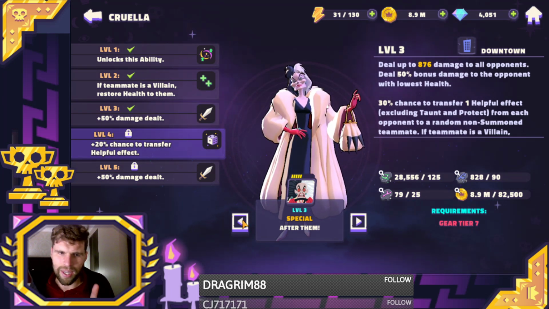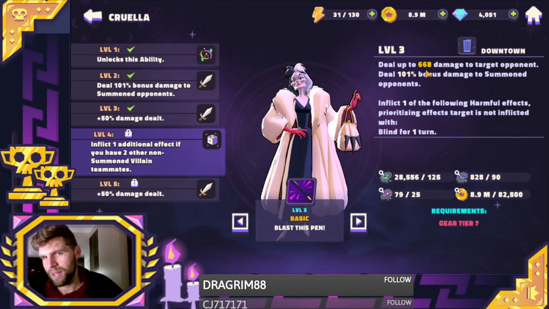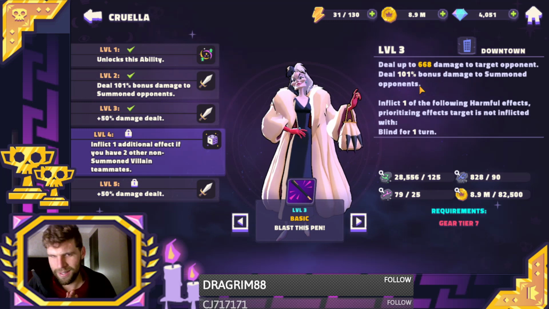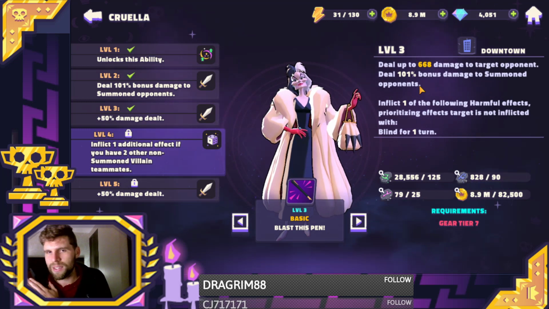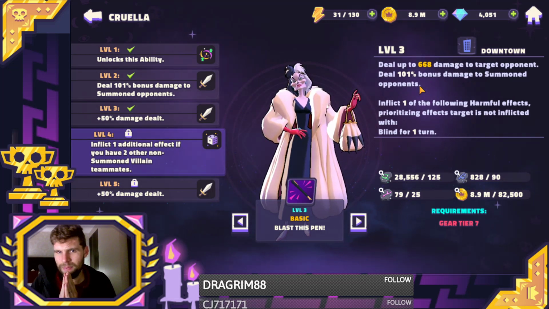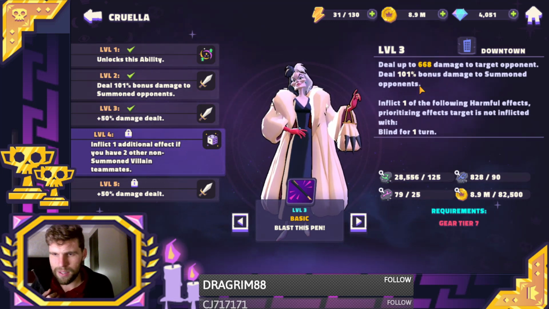But there is a hidden something in her kit, and that is back here with her basic. This is dealing like 6 and a bit damage, but it deals 101 bonus damage to summon opponents. That means this should, in theory, be doing that 1200 plus as well. This could mean that you can do far more damage with the basic than you would with a special,